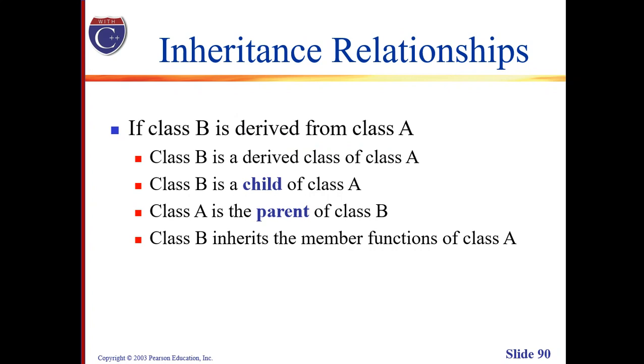As a simple analogy, for example, we have the class mammal, and as a derived class, let's say we have dog. So which means that the class dog is a child class of the parent class mammal, which means that it automatically passes down the attributes or characteristics of a mammal to a